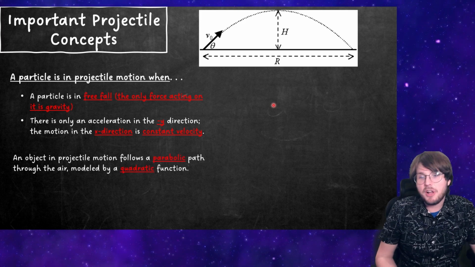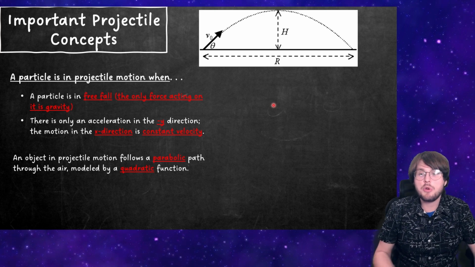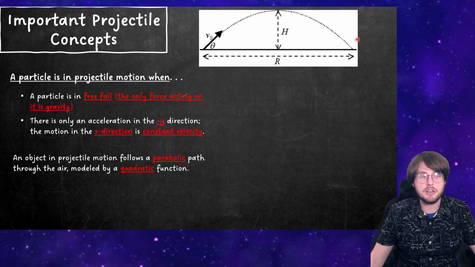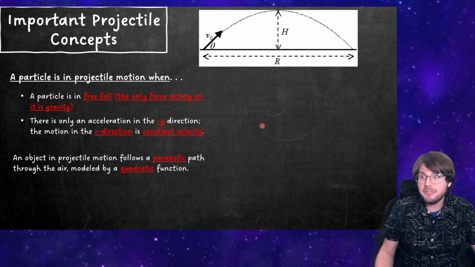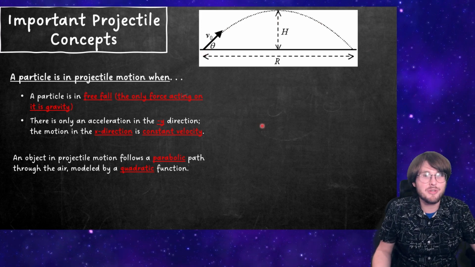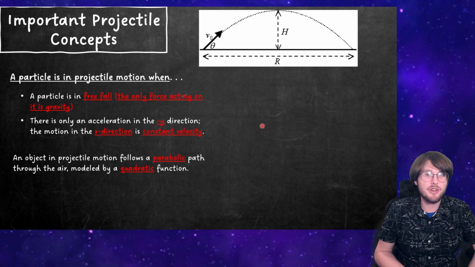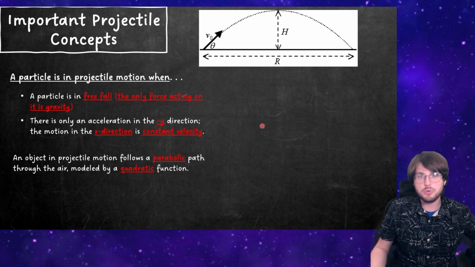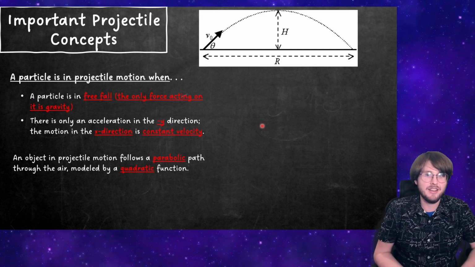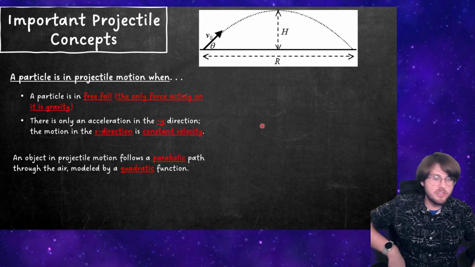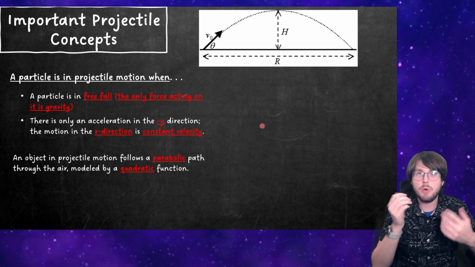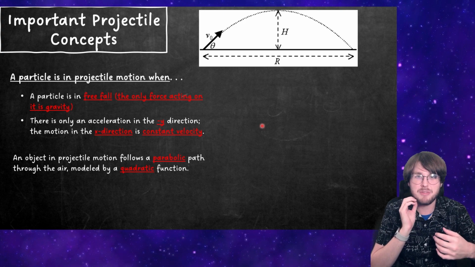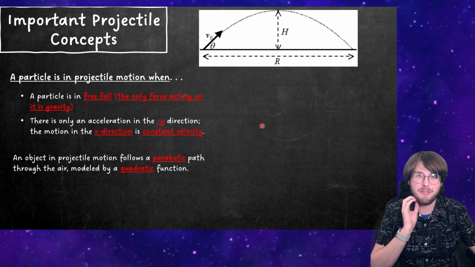All right, another important concept is that an object in projectile motion follows a parabolic path, if you didn't notice that up here. This is very prevalent and it's very fun to observe once you know in real life. You see this all the time with really cool fountains that shoot little jets of water in parabolic arcs. If you just simply throw a ball, or you maybe watched all the basketballs or all the three-pointers being thrown